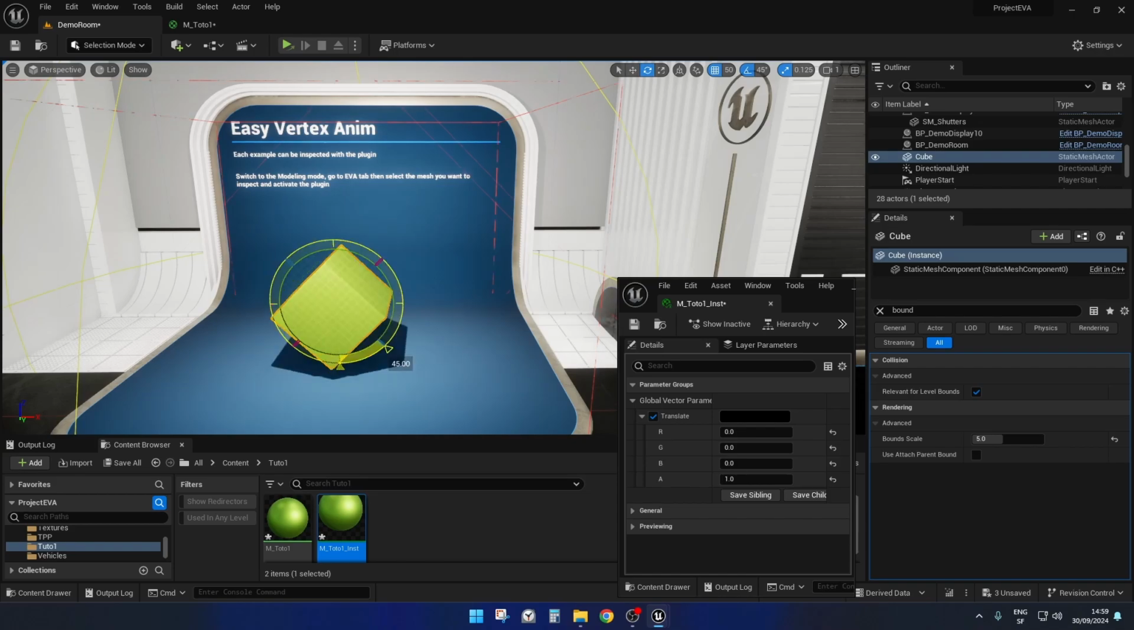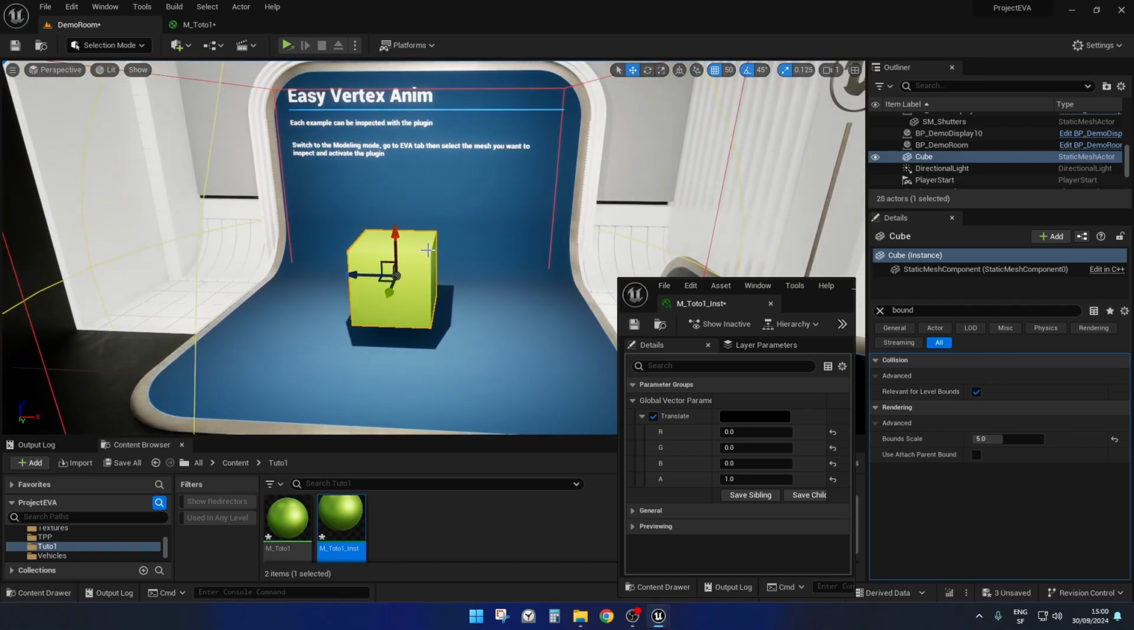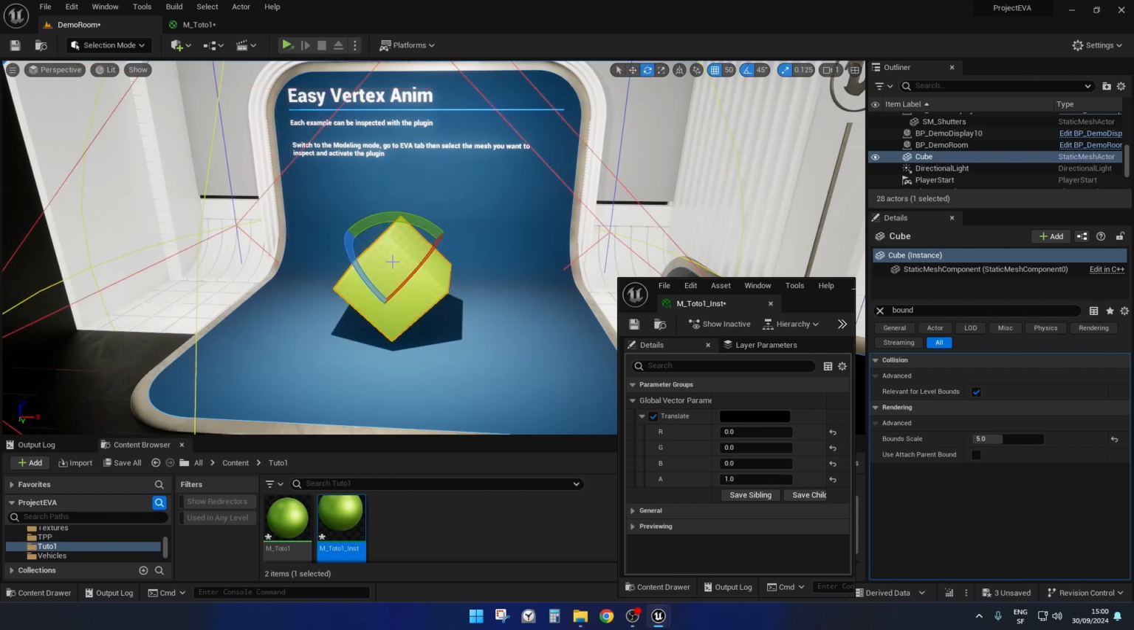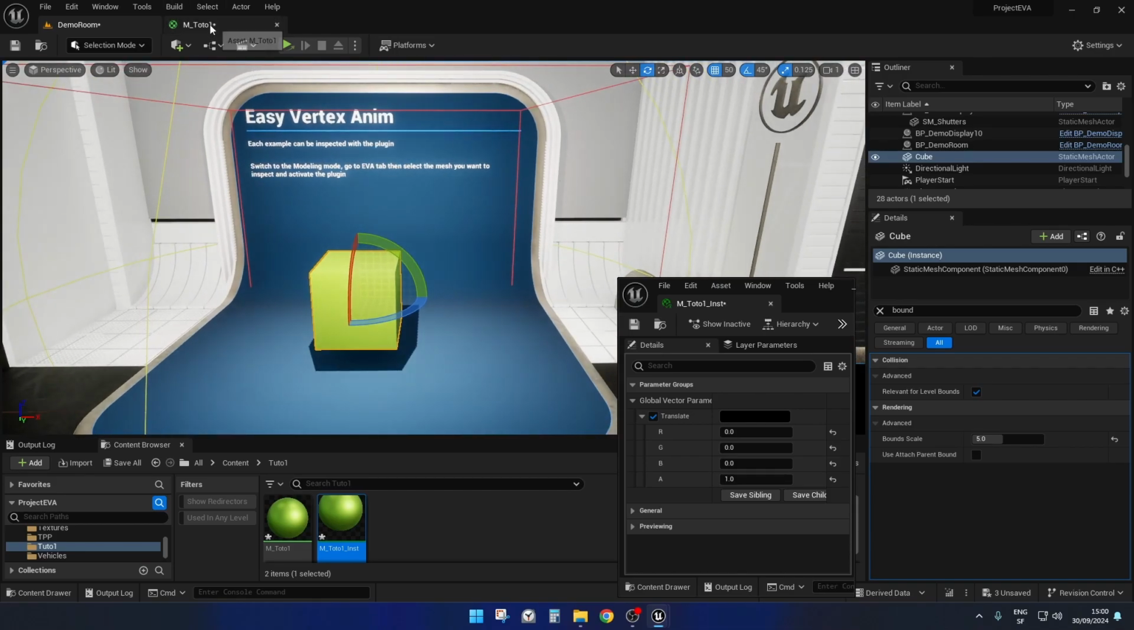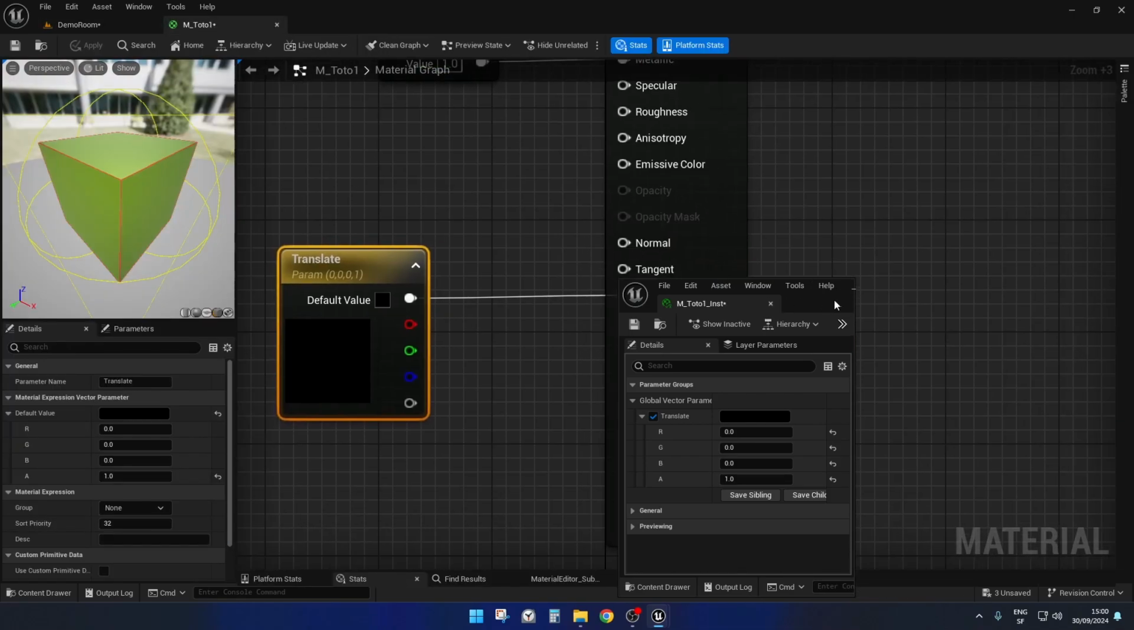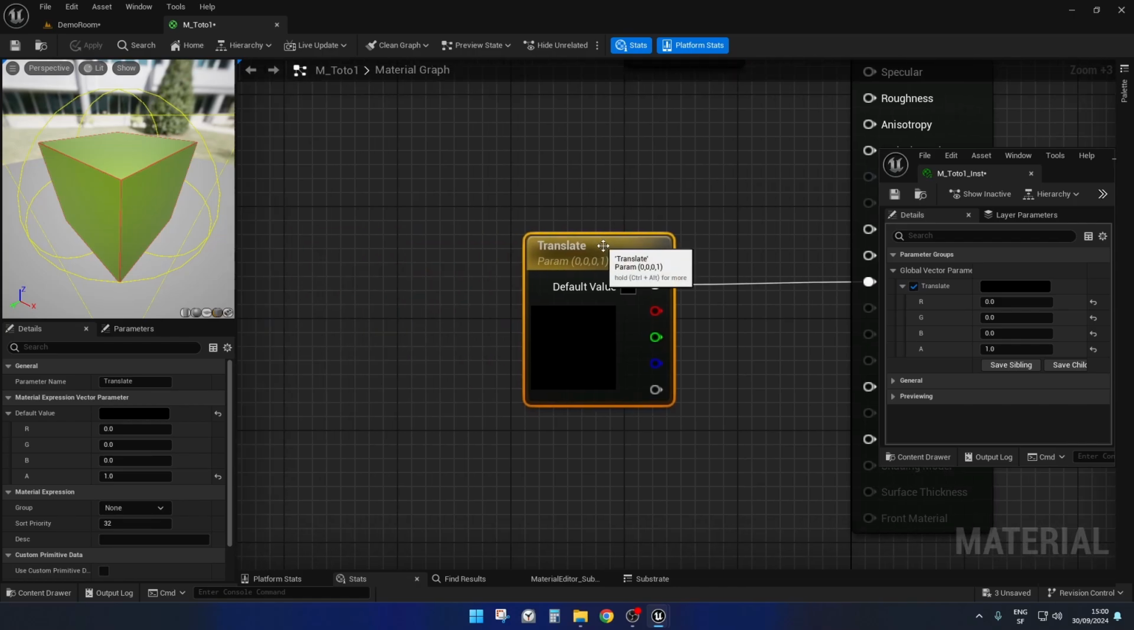What happens if I want to move this thing in its own local space, which means it will always move in each one in its own axis. If it's like Z, it will always move according to this axis here. So it will move here. And that is also pretty simple. I will go here. We will take this translate vector,